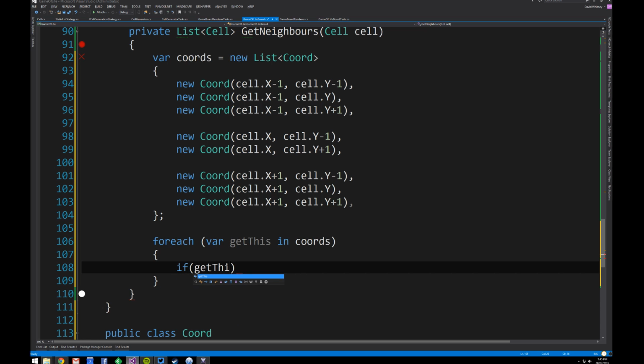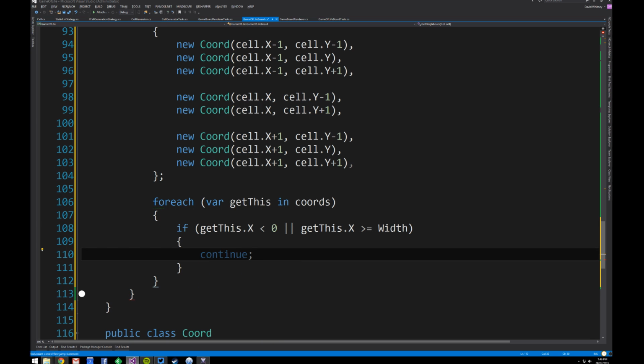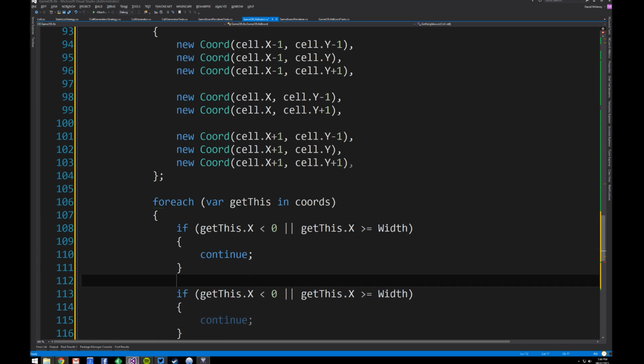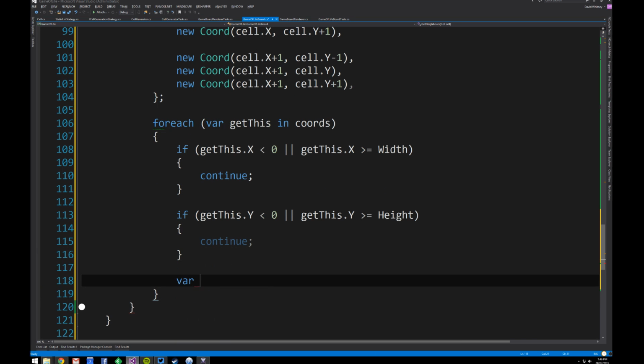So if get this x is lesser than 0, or get this x is greater than board get dimensions, in fact just width, so it's bigger than the width, probably bigger or equal to, continue. Same for y with the height, otherwise